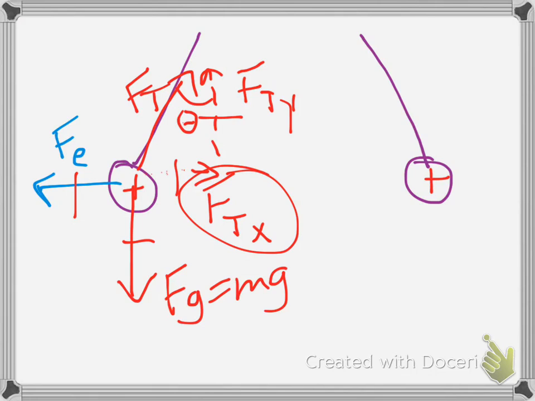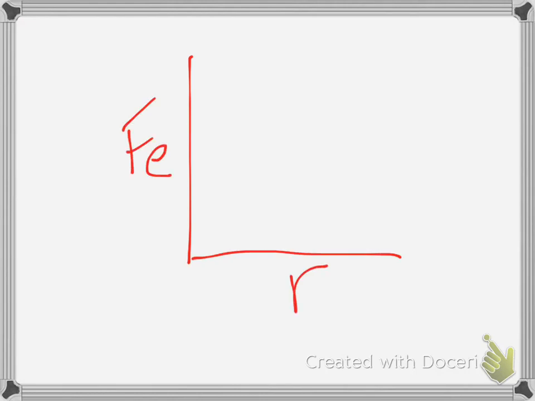Now once we have Fe, then we are looking for what the relationship is between Fe and r. And the best way to do that would be to graph them, right? So what I would do is I would graph the electrostatic force versus r and see what it happens to come out to be. I will tell you that if you freehand this, you're more than likely going to be looking at a graph that you will assume is one way when it's actually not. So what I would suggest you do is use like an Excel program, Google Sheets, or a graphing calculator, and actually run an analysis to see what sort of regression, to see what sort of function this actually is.